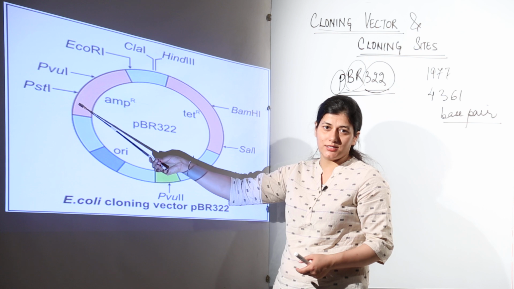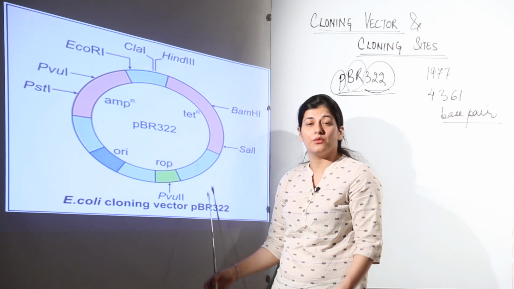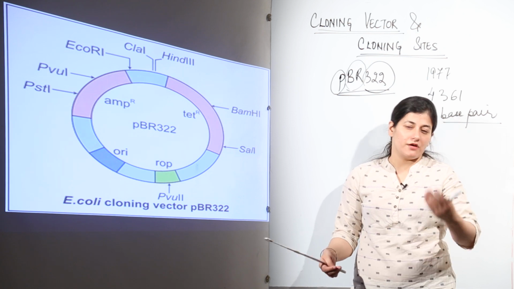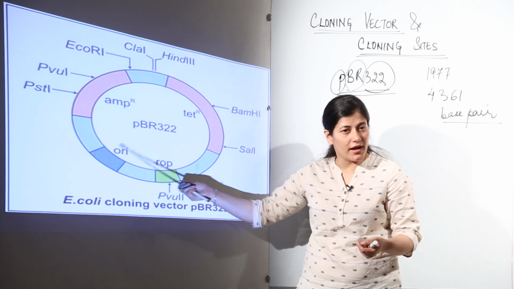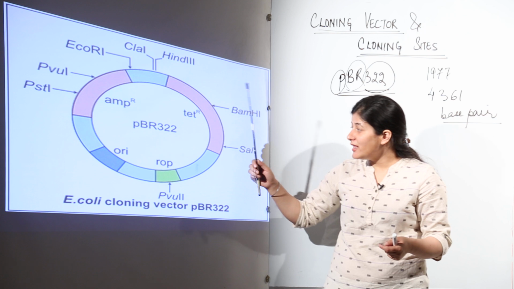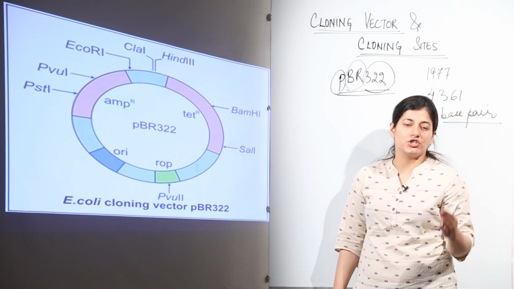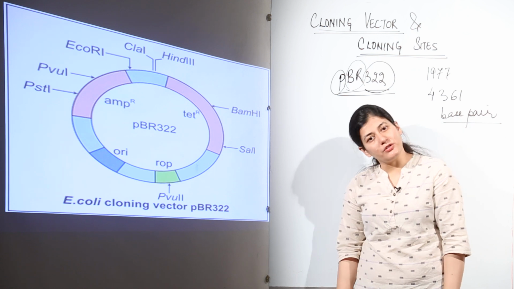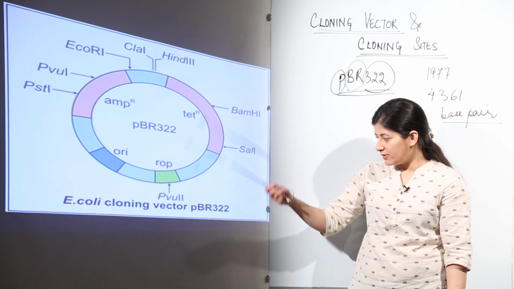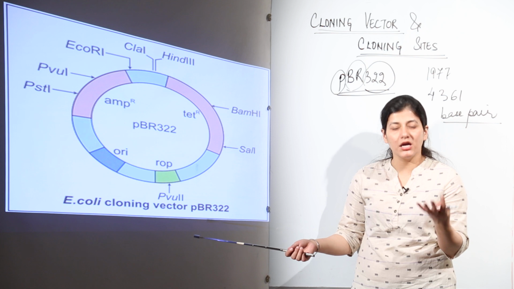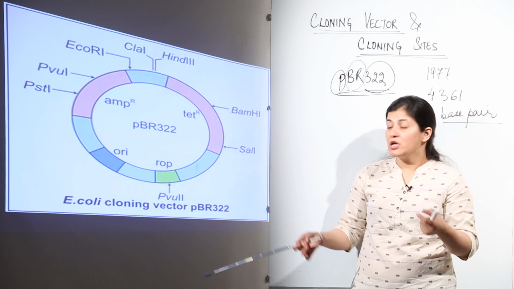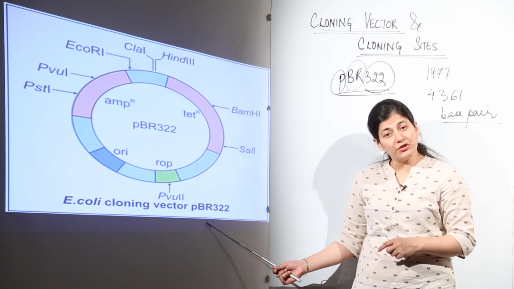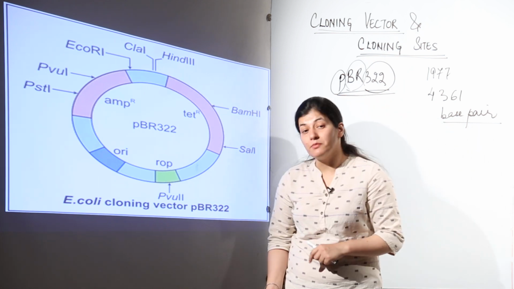Now what are these sites? These are cloning sites. Now what would a cloning site be like? Firstly, it should be after the origin of replication, the ORI sequence should be there. There has to be a restriction endonuclease for a particular site, and that happens to be the cloning site. And when we are studying about this PBR322, we are going to see how antibiotic resistance which is imparted into E. coli using this PBR322 acts as a selectable marker.